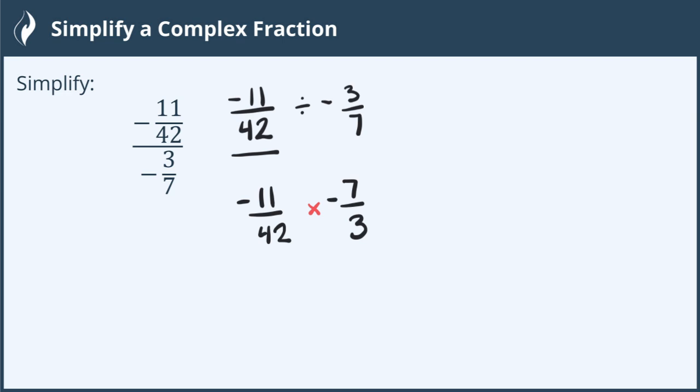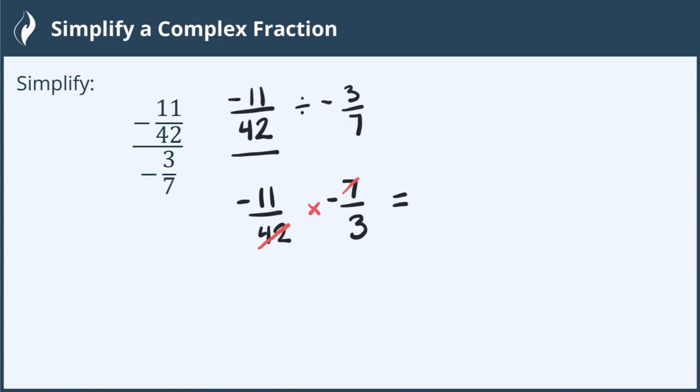All right, now I just need to multiply numerator to numerator and denominator times denominator. But before I do that, I always like to simplify things beforehand because it makes it much easier to work with smaller numbers. Here I have the numerators of 11 and 7, and I can see if anything will simplify with any of the denominators. Neither of those will simplify with 3, but I do see 40 can be simplified by dividing 42 and 7